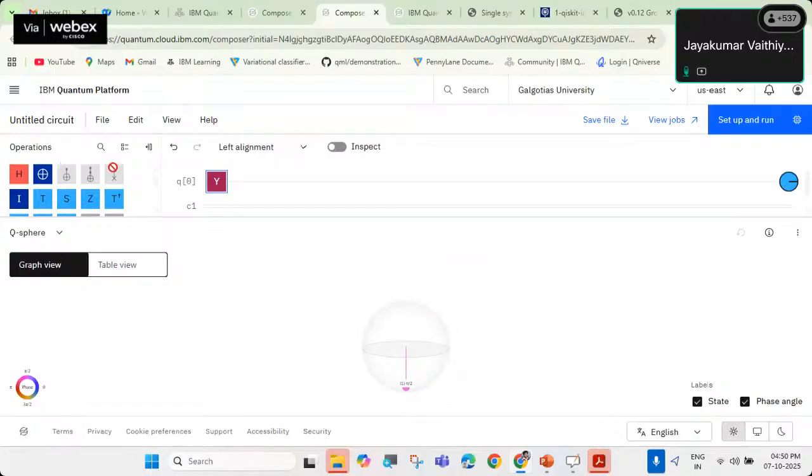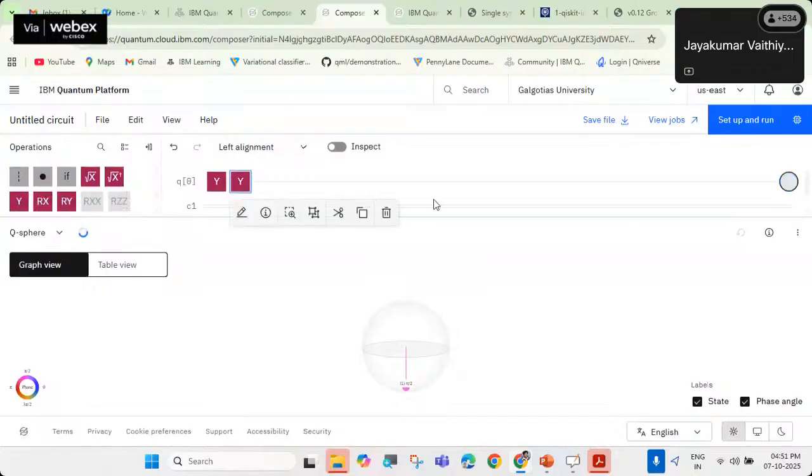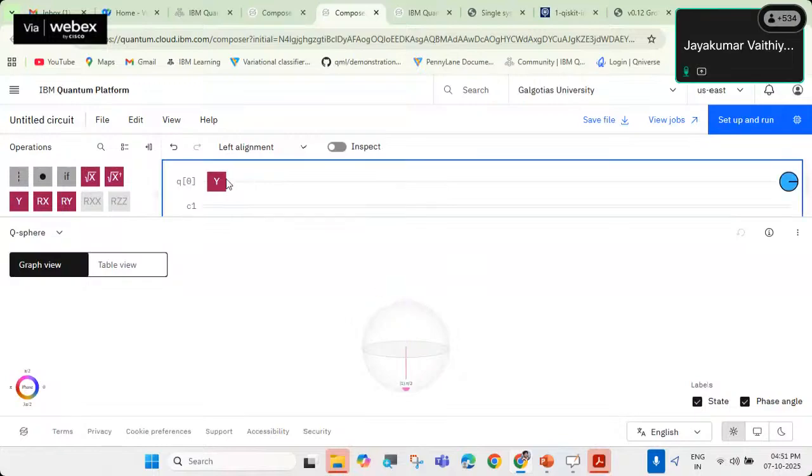So next what you do? Drag and drop Y gate. One more time, drag and drop Y gate, which will cancel each other. It will point to state 0 back. So delete this Y gate. Okay. What do you do? Drag and drop